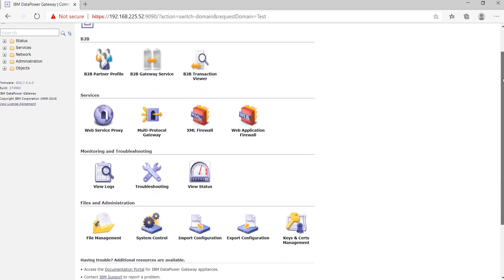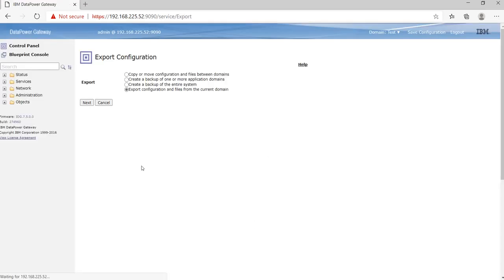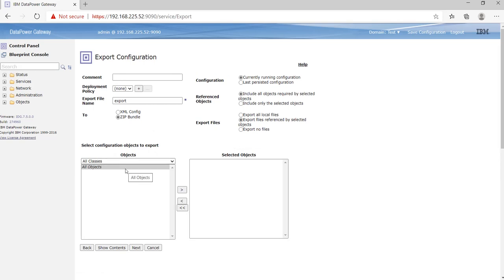In the test domain, we'll export the configuration here. Actually this is the good way to import or export the complete domain. So first I'll show how to export and import the complete domain. So we'll move to next. Here we need to select, actually, we can export particular objects, or if you want to take a backup, or if you want to export the complete object, then we should select all the objects here.